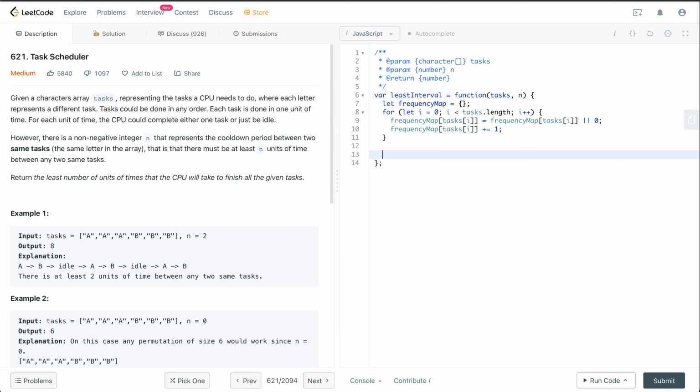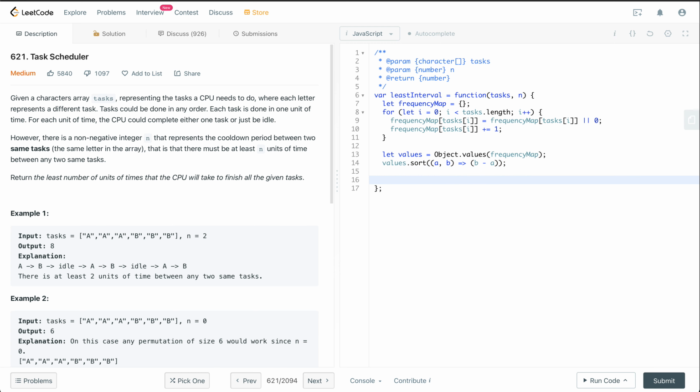Now let us take the values out of it and sort them. So sorted values would be Object.values of the frequency map, just call it values, and then values.sort them in decreasing order, so b minus a. Now the values array contains the frequency of all tasks in decreasing order.